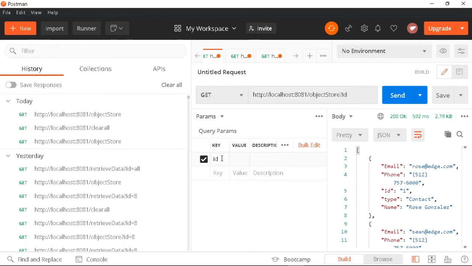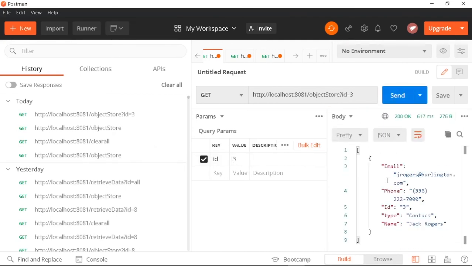So I have given the name of the ID in the query parameter as ID. So that's why I will give the same key name here, and I am providing 3. We can provide any value from 1 to 20 because records are found between 1 and 20 as ID. So within this range I will provide any ID here. So I have provided ID as 3. Now we can see that the record with ID equal to 3 has been stored and also retrieved using the first and second flow of our project.